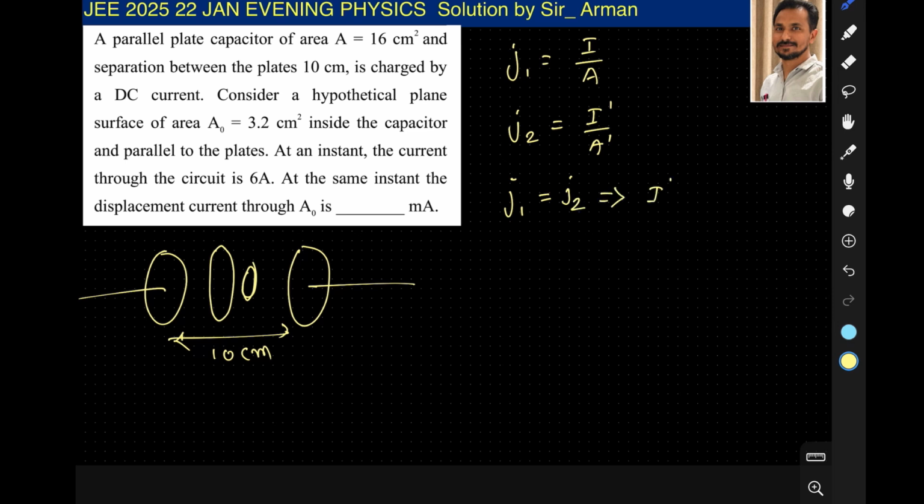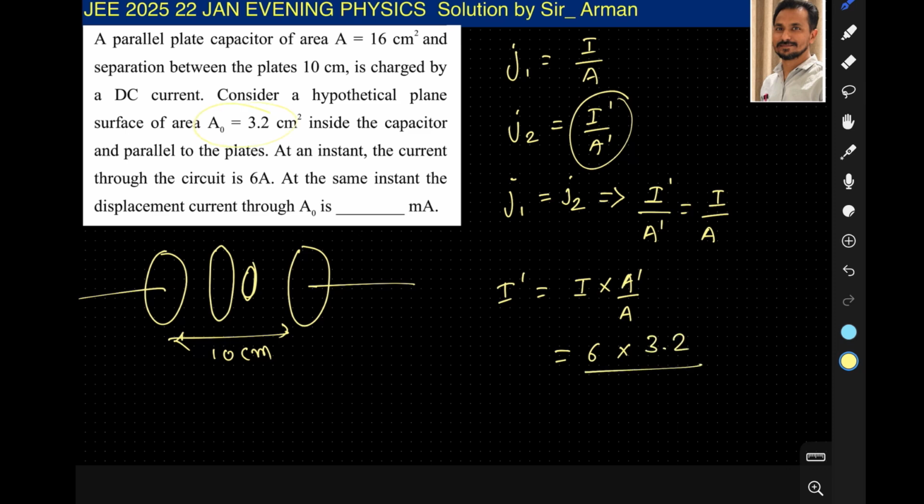This can be rewritten as I dash, right? इसको मैं पहले लिख रहा हूँ, तो I dash by A dash is equals to I by A. So I dash is equals to I into A dash by A. तो I जो है हमें 6 एम्पियर दिया है, A dash मीन्स ये वाला A नोट वाला जो एरिया है वो है 3.2 सेंटीमीटर स्क्वायर, और जो टोटल एरिया है वो हमें दिया है 16 सेंटीमीटर स्क्वायर, राइट।